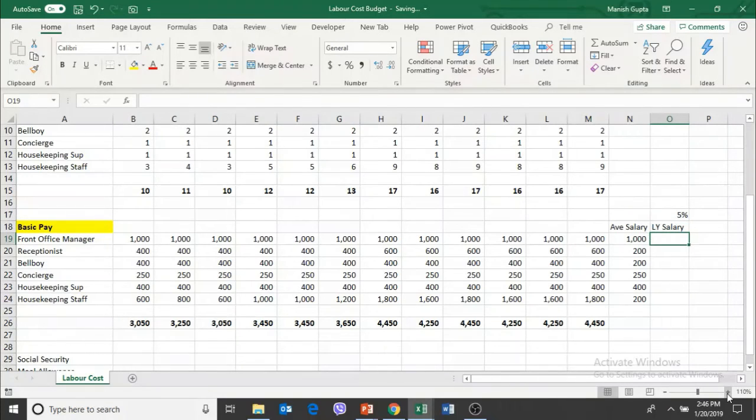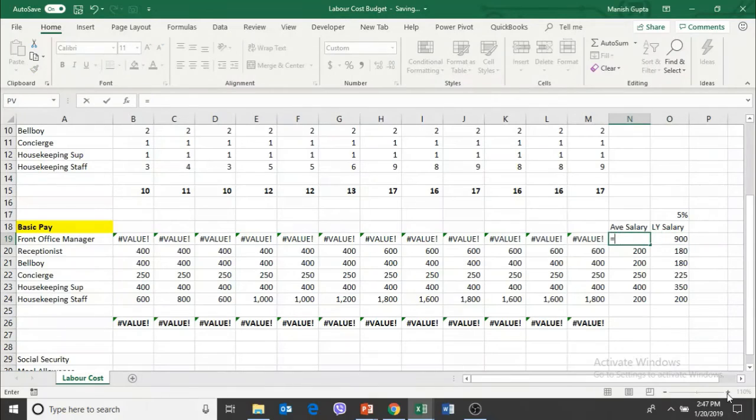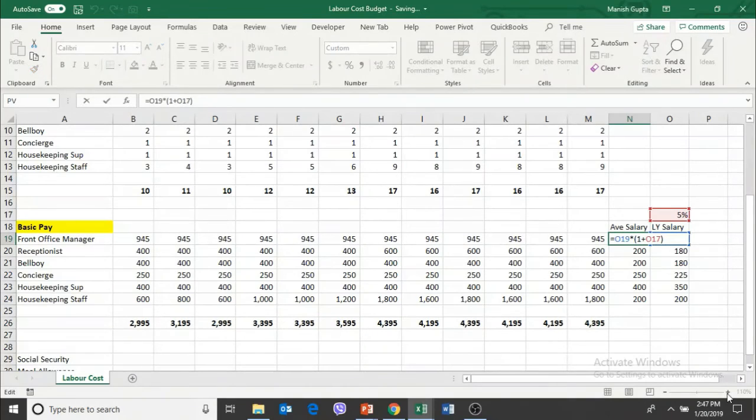So what was last year? Maybe last year was 900, and then 180, 180 also, and then 225, and then 350, and then 200. Okay, 200. So here you can factor in the budget, right? Multiply by 1 plus your inflation rate. Once you formulate this,